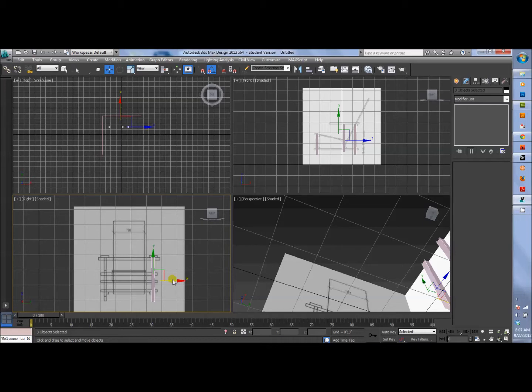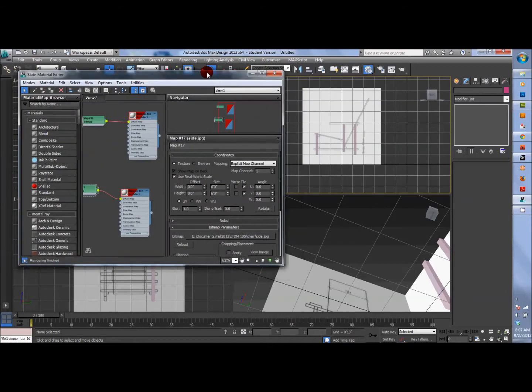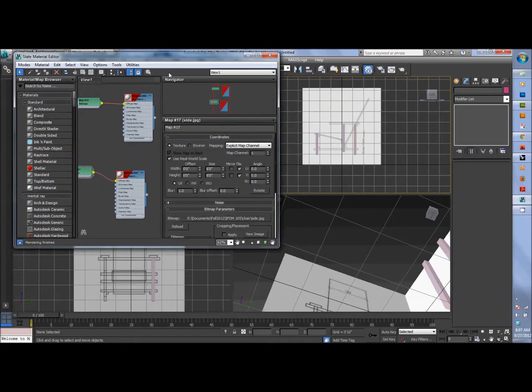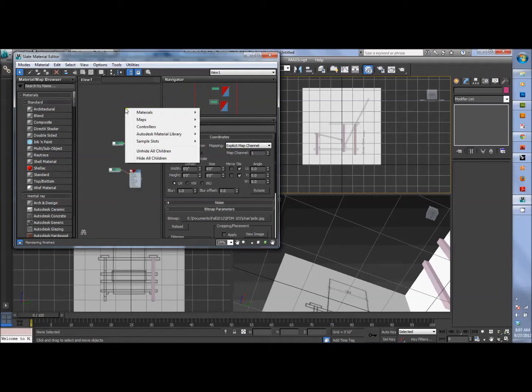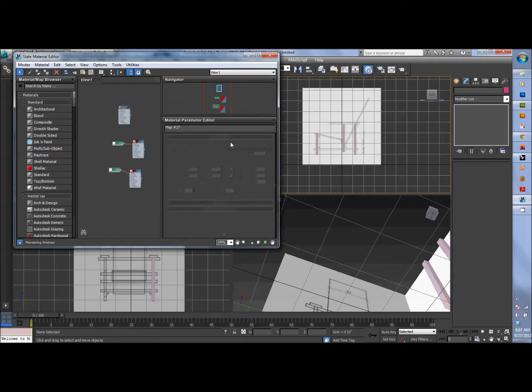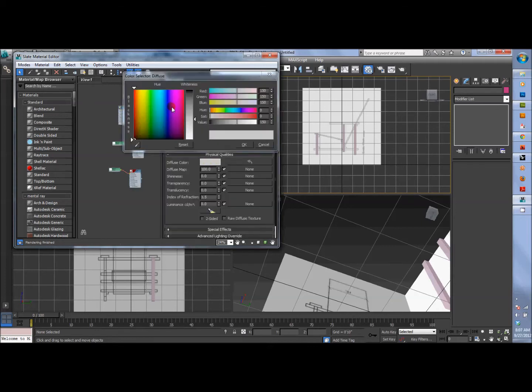Actually, you know what, now that I think of it, let's apply some of those materials to those so that we don't have to make them later and apply them individually. So we're going to do material, standard, architectural. Double click on that. Diffuse color. I think if we get,